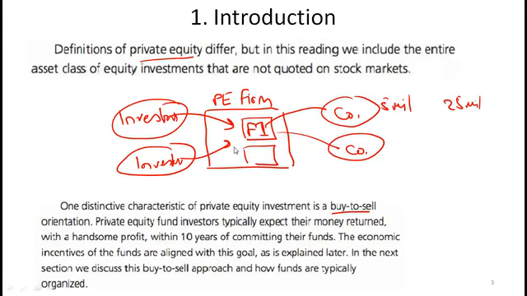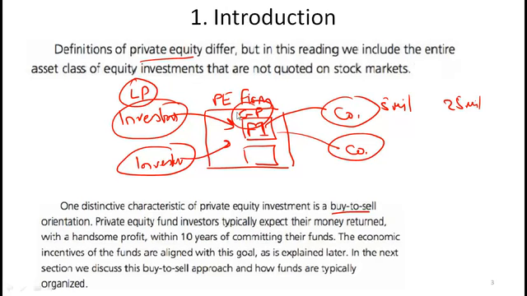Now, some terminology that will keep coming up, so I will set the context right now. The people who run the private equity firm are generally referred to as GPs, or general partners. General partners put some of their money into the fund, and these are the people who are managing the fund. The investors who put their money in are generally referred to as LPs, or limited partners. I'll explain this in more detail later, but for now think of LPs like sleeping partners.